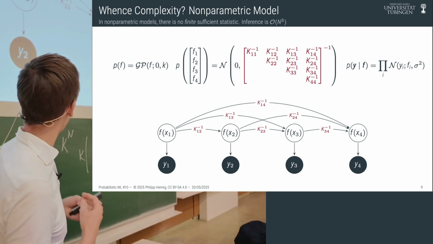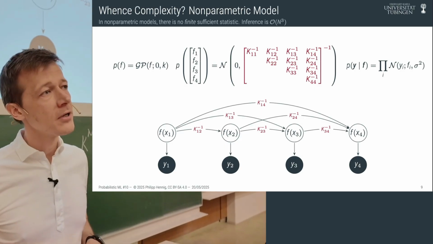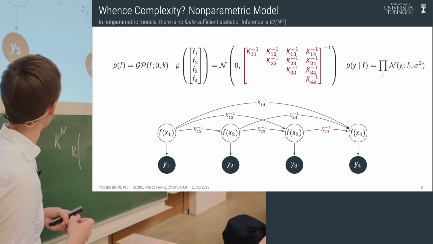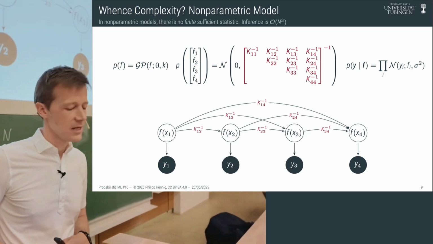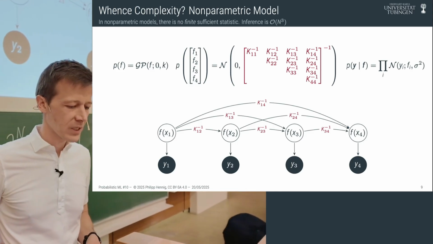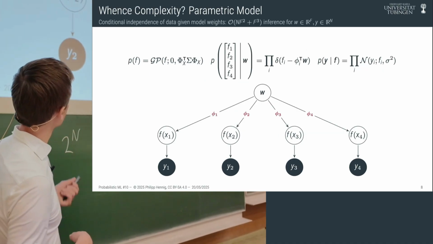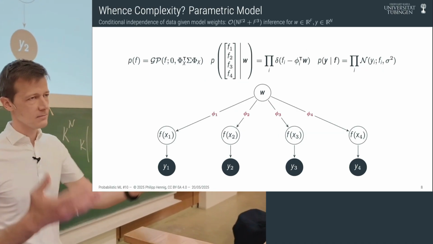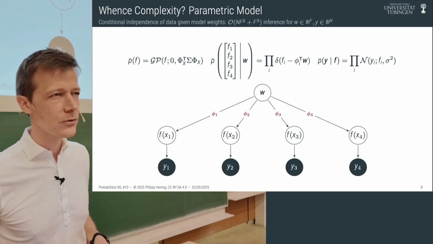So if you have a data set that, like the example we did, contains something like 1,000 data points, then you can get away with a model like this, right? Maybe you can wait for a few seconds for your machine to do the linear algebra. You can maybe scale to 10,000 data points if you have a very powerful computer. If you have more than 10,000 data points, then you will eventually swap to a model like this with a finite set of parameters. Then the cost will be linear in the number of data points and still cubic in the number of parameters that you keep track of.